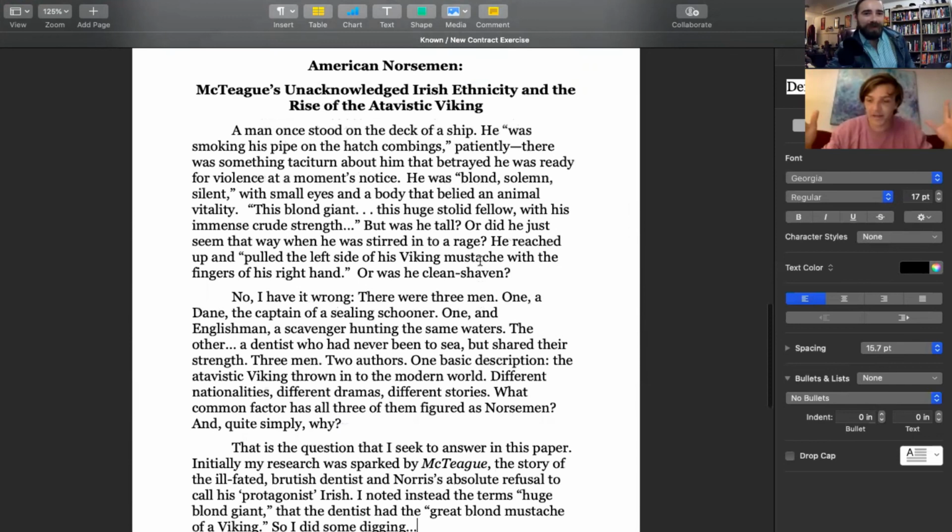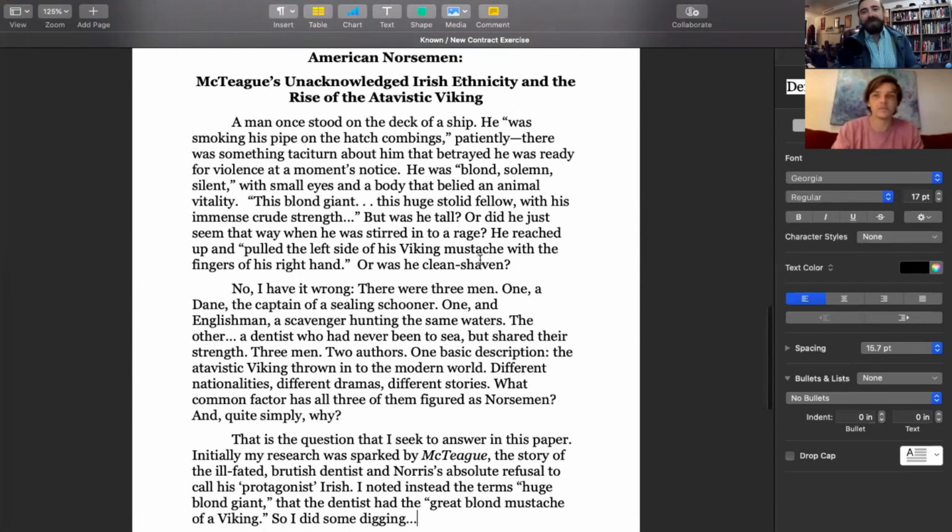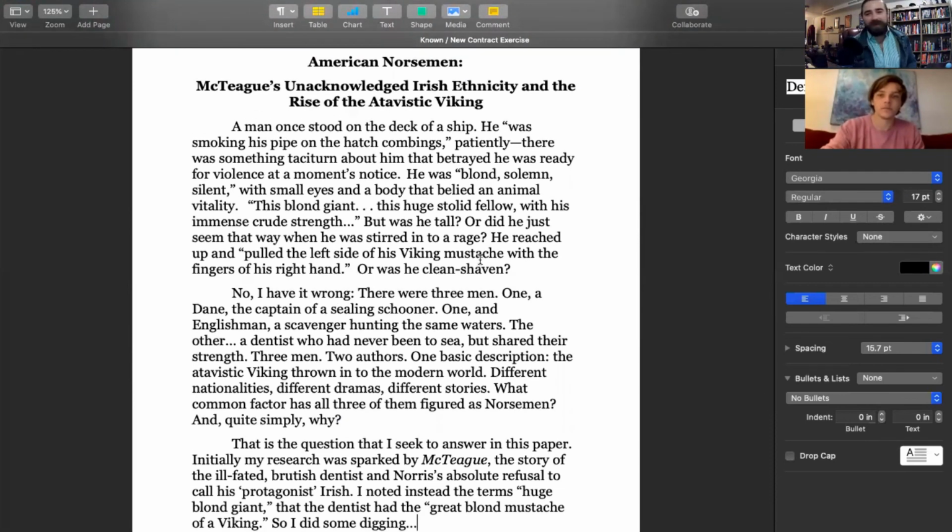Great. I think we've established the Known-New contract. Just a quick refresher. Big picture. You want to establish something simple that readers can latch onto before moving into the complex. And then when you're reading your own work, if you find any instances where something is too complicated, that would be a great moment to revise so as to avoid the awful vague or unclear in the margins.